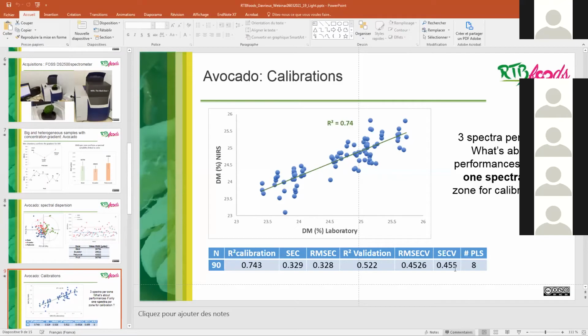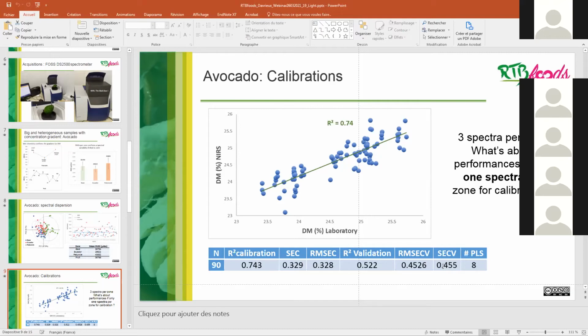Of course, as I say, the standard error of laboratory is 2 times less than this one. But the purpose of this study was to decide the minimum number of spectra. In fact, we decided to do 2 spectra per zone because we have time to do that for the calibration. It doesn't take so much time. So we do 2 spectra per zone. But even with 1 spectrum per zone, so 3 spectra per fruit, I'm sure that we can do a calibration for dry matter.